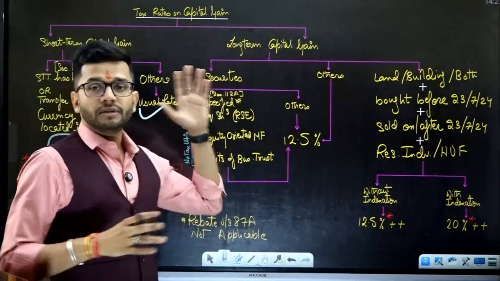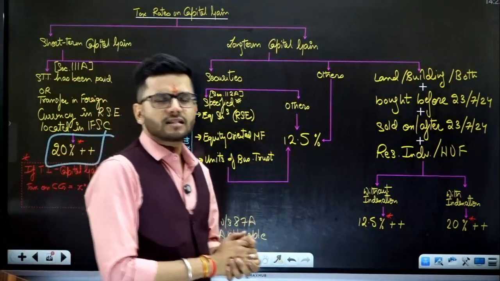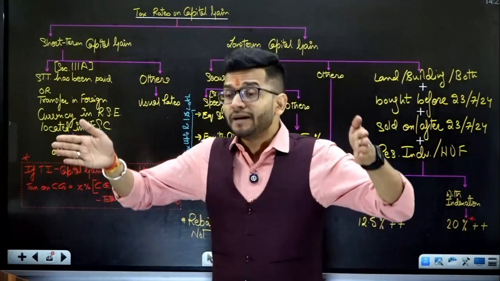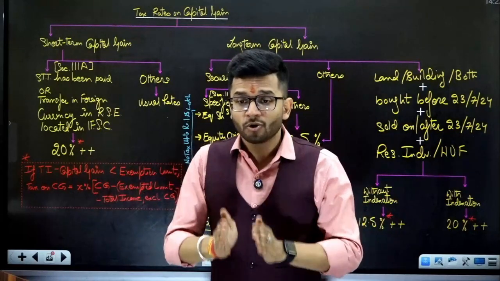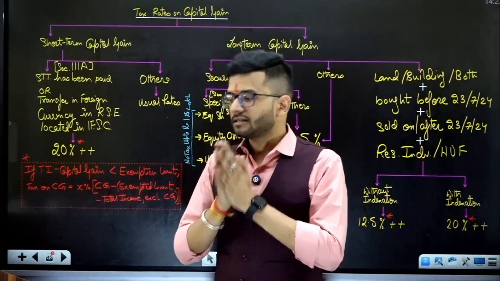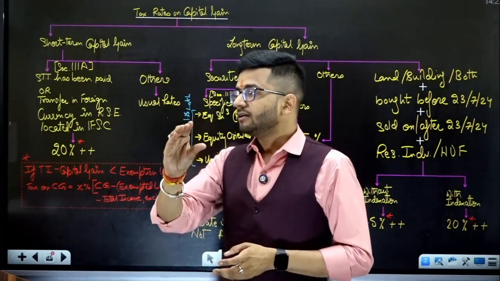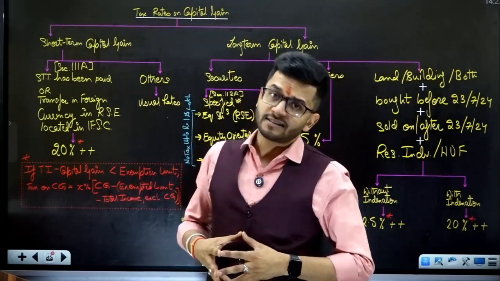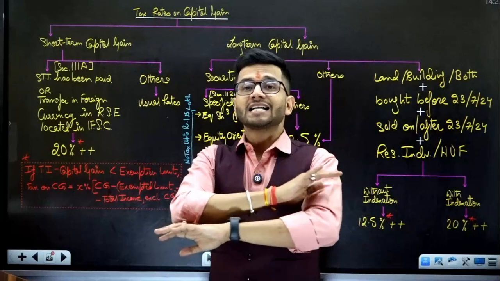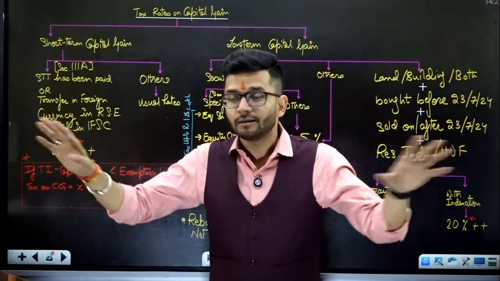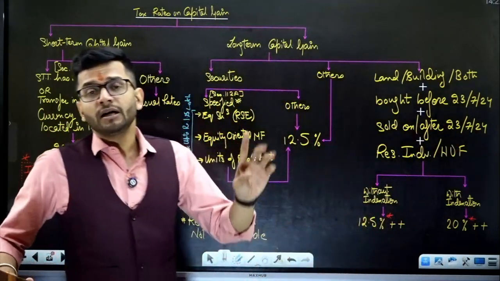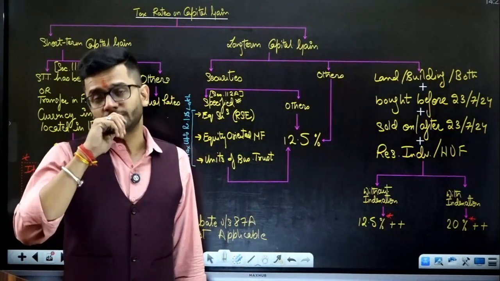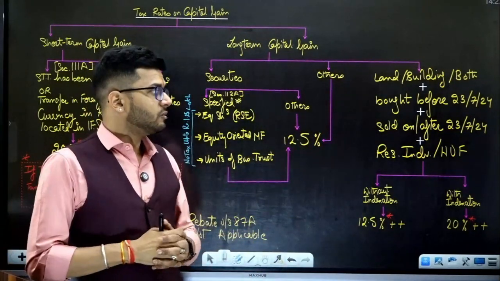Now we come on to the long-term capital gain, and yes, a major change which has come by in long-term capital gain, guys. The concept of indexation has been limited to a very small proportion of assets. Yes, indexation benefit has been curtailed. Indexation benefit has been reduced to a very specific kind of transaction. Otherwise, indexation has been eradicated from the Income Tax Act. The concept of indexation has actually been removed from the Income Tax Act, and that is what is explained in this particular chart.